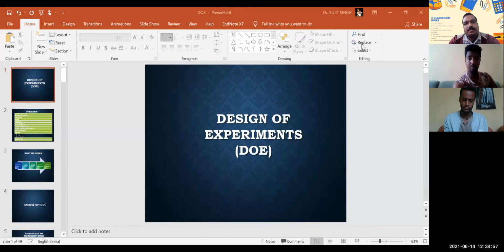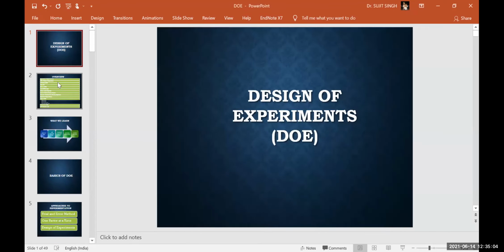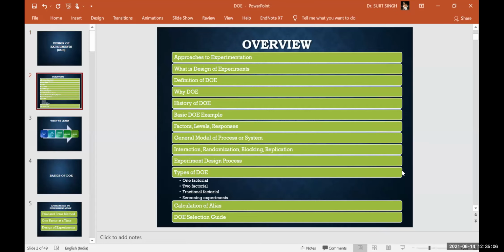So design of experiment, in this topic we are going to discuss the outline or overview like this: approaches to the experiment, how we do the experiments, what are the different approaches we follow, then what is the design of experiment, the definition of design of experiment, right?